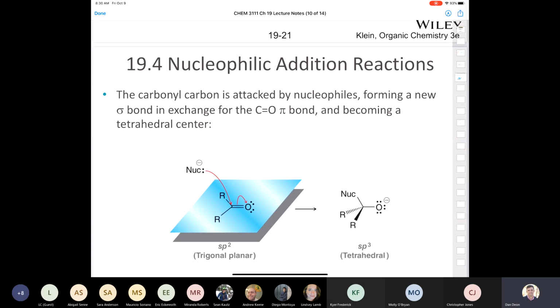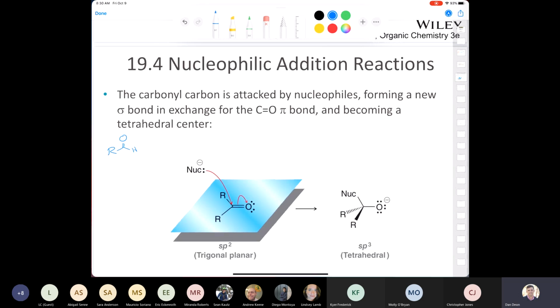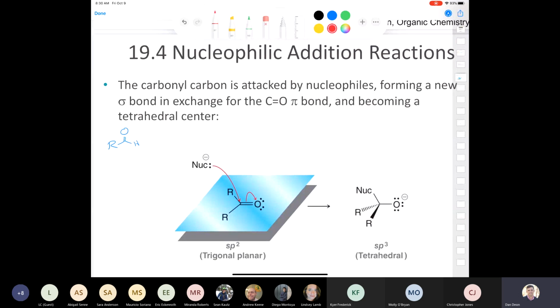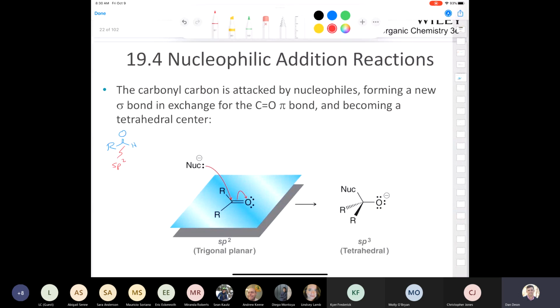What's drawn here in this blue square is a ketone, but the same rationale applies for an aldehyde. The carbonyl carbon is sp2 hybridized. If it's sp2 hybridized, what is the molecular geometry of that carbon? It's trigonal planar. And that's why they put this blue square here, to show you that it's flat. And if it's planar, that means a nucleophile can attack from either the top face, as is